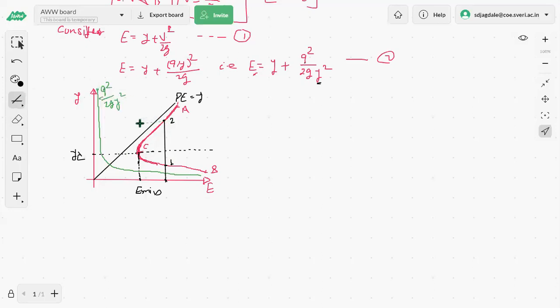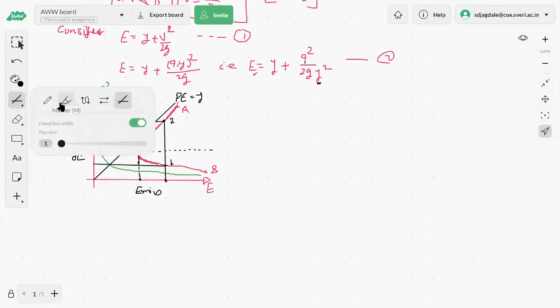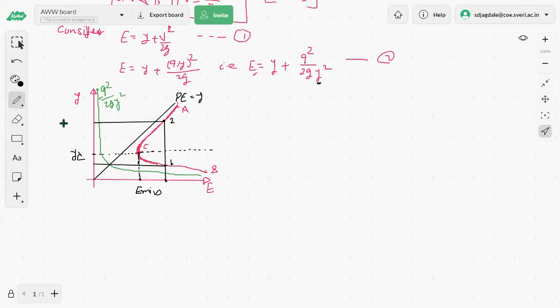So we will plot them on the y-axis, which represents the depth of the flows. Then the same specific energy, this is y2 and this is y1. So a discharge Q of the same specific energy will be passed at two alternate depths, y1 and y2. This depth is y1. I would like to take it somewhat outside so that you will get an idea of what I want to say.